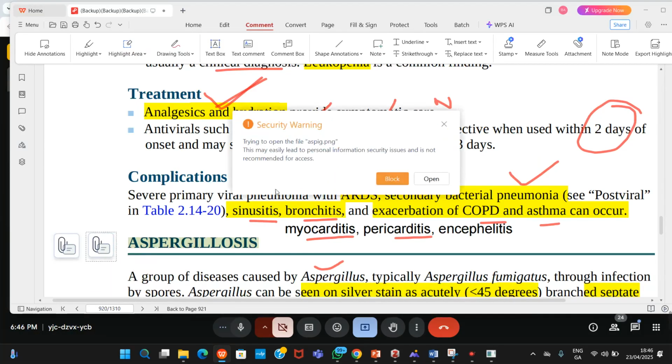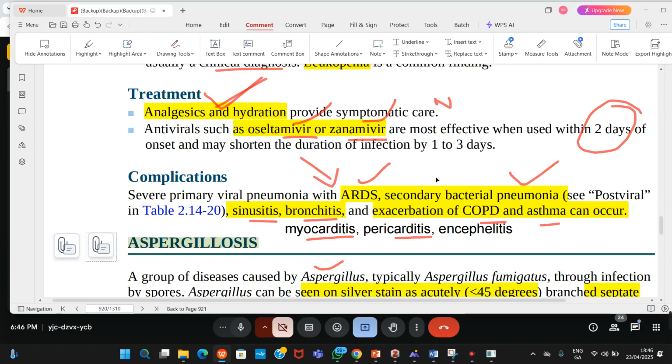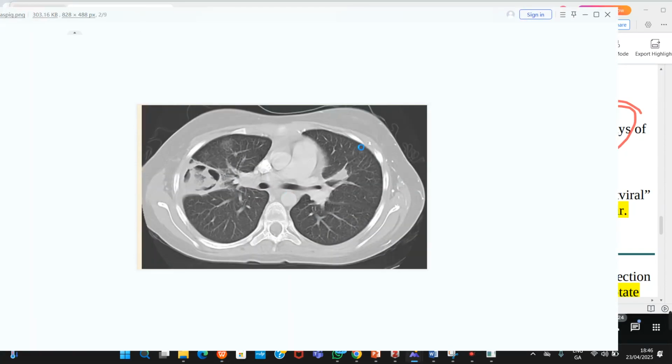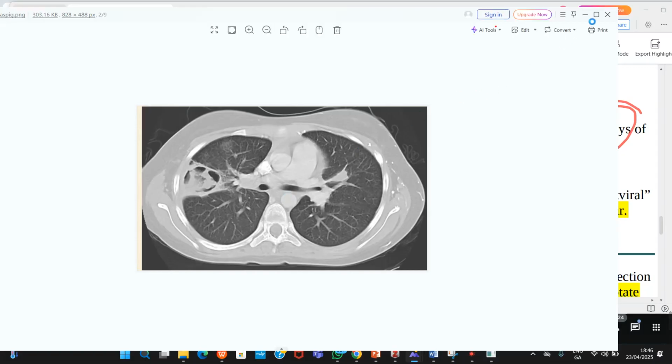Oh my god, we have the CT scan. Because sometimes you might not save all these things. Okay,